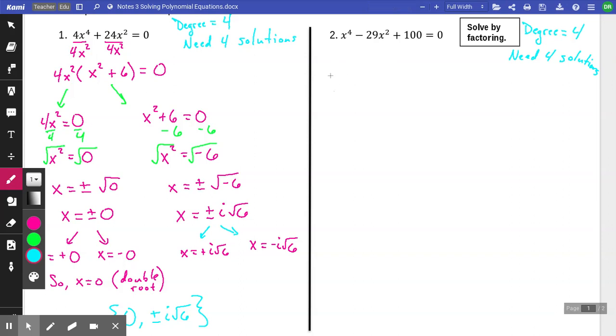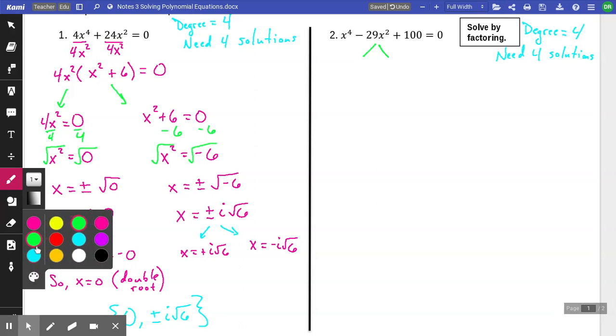So right here, let's look at that. We have 3 terms in this polynomial. And remember, with 3 terms, that's a case of where we try to do what's called split the middle. And so what we're going to try to do here is figure out what two numbers we can put here that combine back to negative 29. But it can't just be any numbers that do that. They also have to fit the bill on that other case. So with x to the fourth minus 29x squared plus 100,